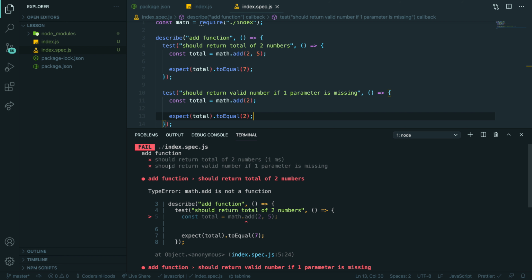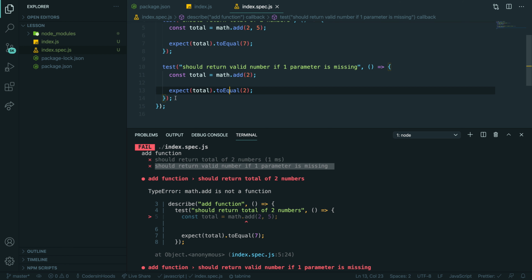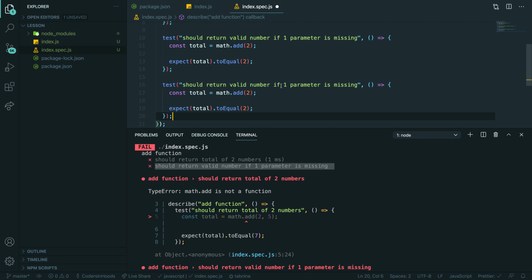So now I'm failing 2 tests, right? And another one, let's have: should return a valid number if 2 parameters are missing. So if I'm just calling an empty function, that should return 0.